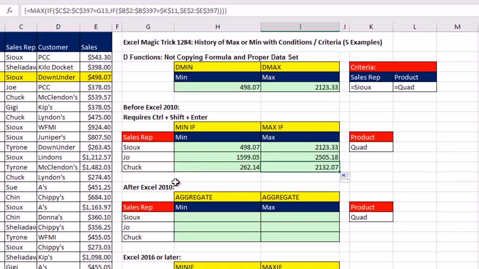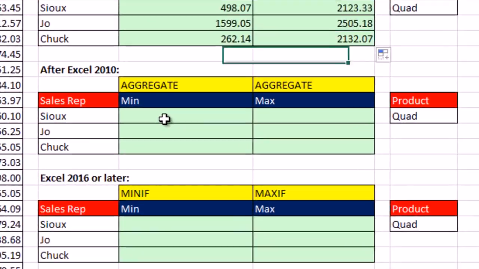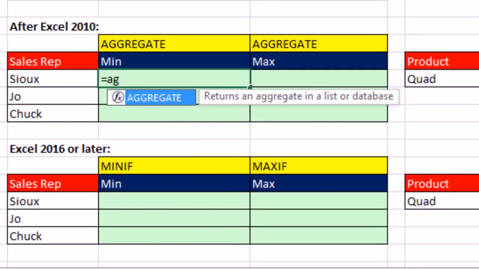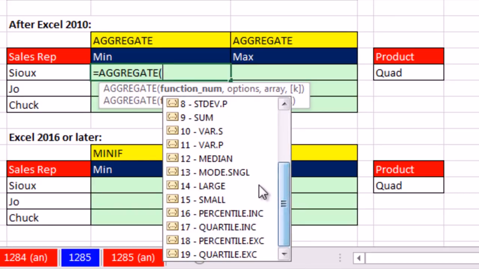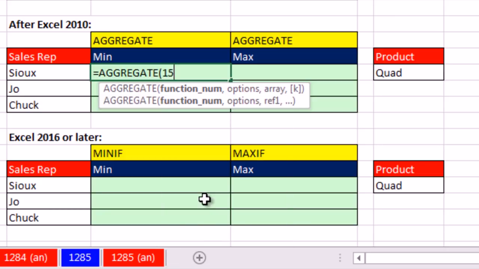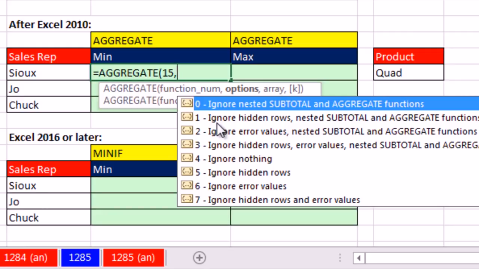In 2010, we were given the aggregate function. Now, let's just look at the aggregate function. It has a bunch of functions, including max and min. But the problem is functions 1 all the way to 13 do not handle array operations. But 14 to 19 will. No problem. We'll use large 1 for max and small 1 for min. So I select 15 to tell aggregate which function I want to do, comma. And since our filter in this array operation is going to be error values, I'm going to use number 6,